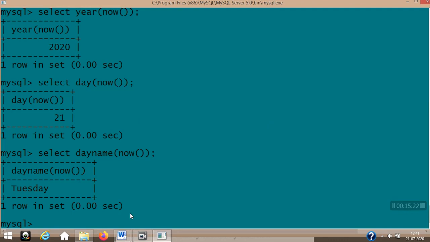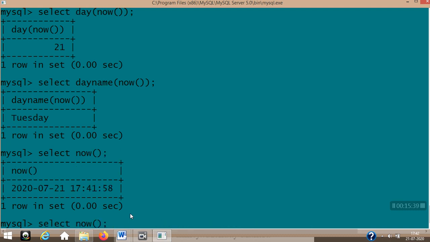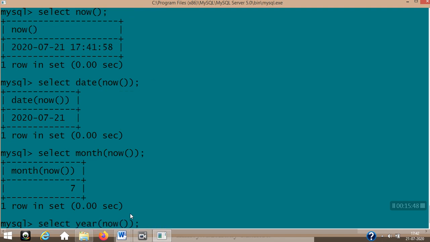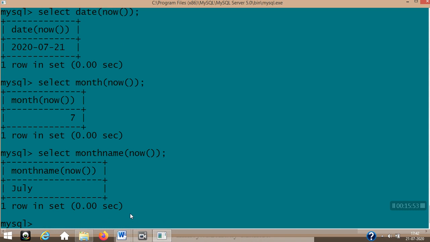What is left is your aggregate functions, which you already know, but which I will surely show with group by, because many of you didn't have an idea last time, and many copied from each other during assignments. So once again I'll show you from the beginning. Now this format. That was a mistake. Date extracts the date. Month shows the month in numbers. Month name shows the month in words.